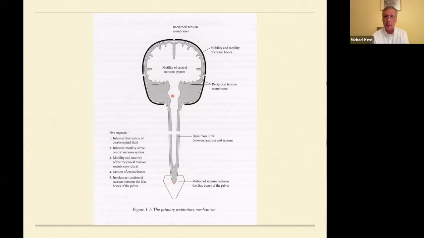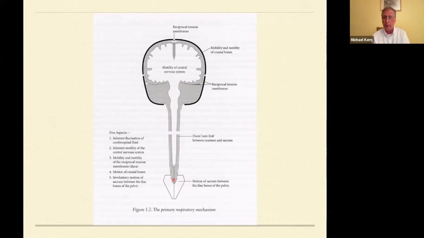Whatever happens in the cranium is very closely related to what goes on in the sacrum. There are membranes that connect here at the base of the skull and then hang relatively freely down through the spinal canal until they reach the sacrum, where again they're fixed. And also that the fluids that bathe the central nervous system also go all the way down to the base